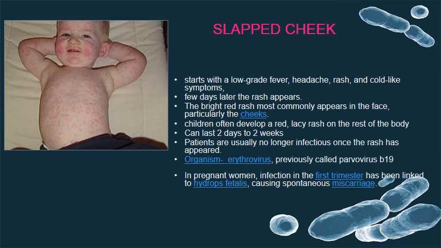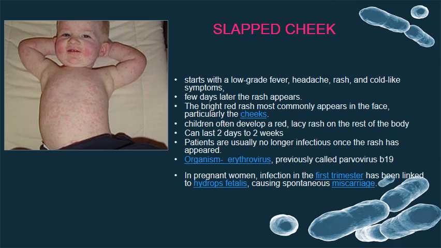Very similar with slapped cheek. It is in children a very benign illness. It predominantly starts with a very low-grade fever, a bit of a headache, just generally unwell. As the fever settles and the child is actually becoming systemically better, that is when the rash appears. It gets its name because of the